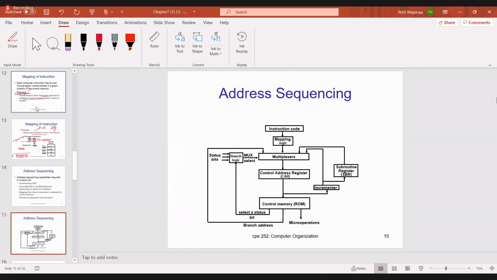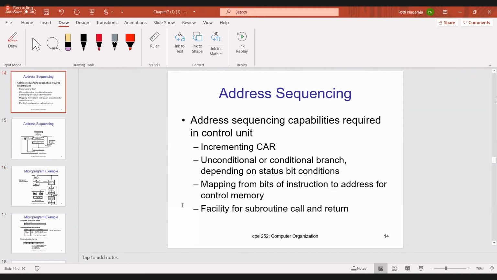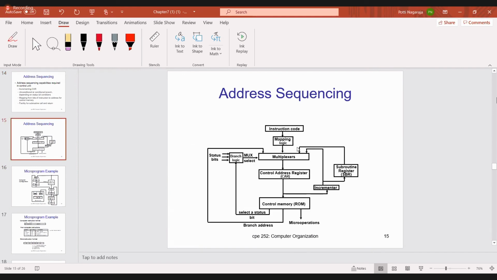Okay. Next part, we will see address sequencing. This is simple because I have already explained most of the parts. You already saw mapping. Mapping is nothing but converting the instruction code: some bits of the instruction code are transformed into the address of the microprogram.